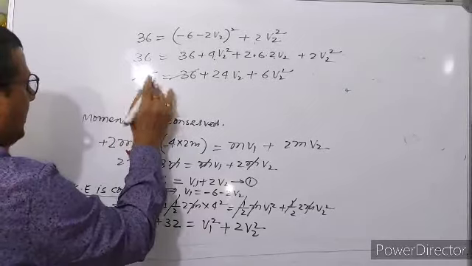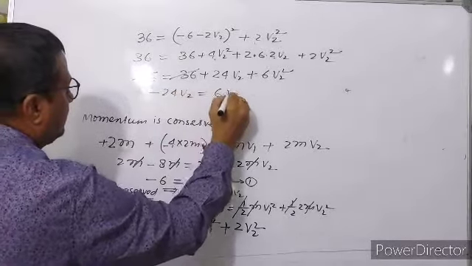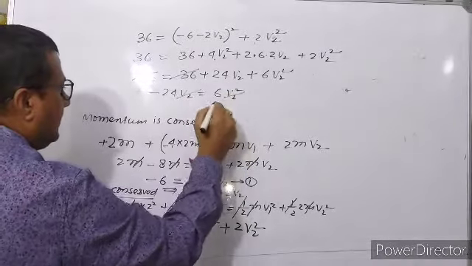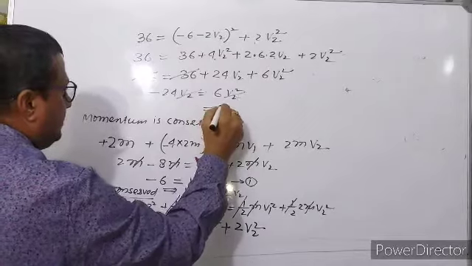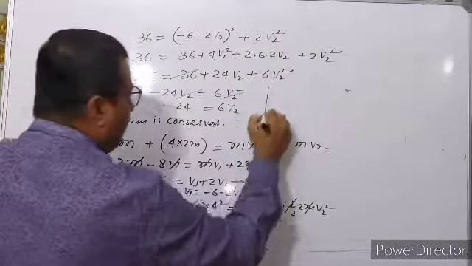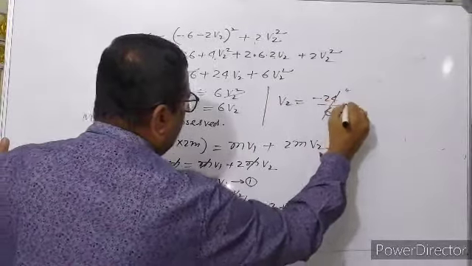This will be minus 24 v2 equal to 6 v2 square. From here v2 will be cancelled. 6 equal to minus 24 over v2, which implies v2 equal to minus 24 by 6, that is equal to minus 4